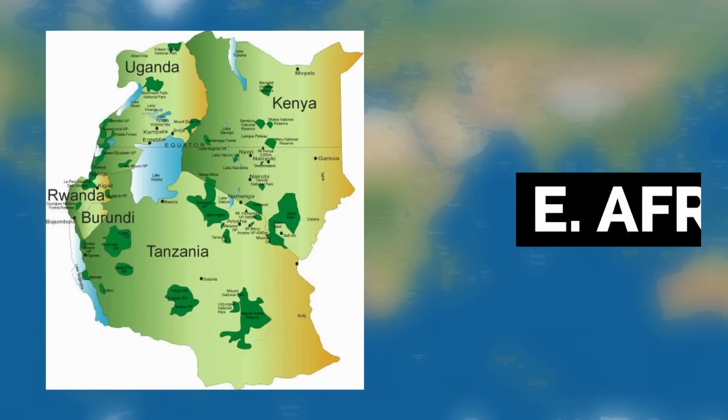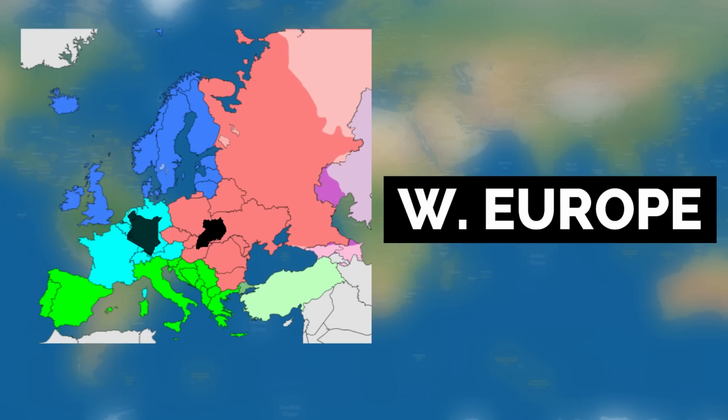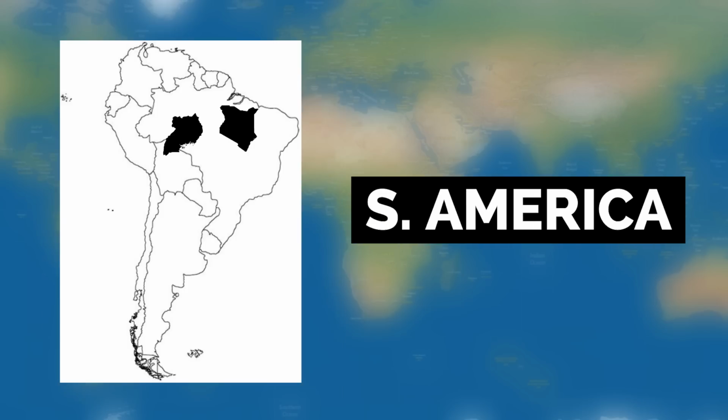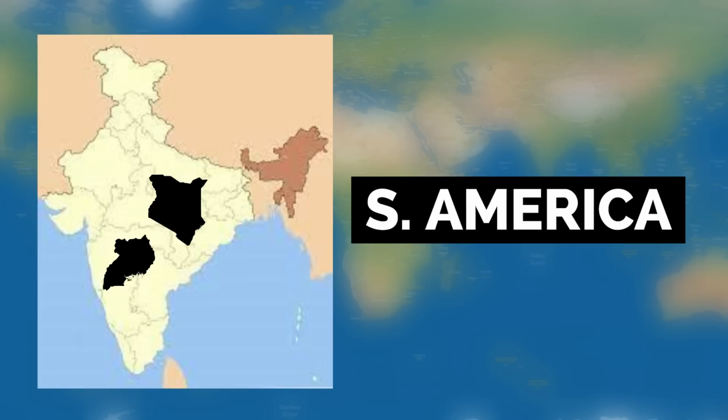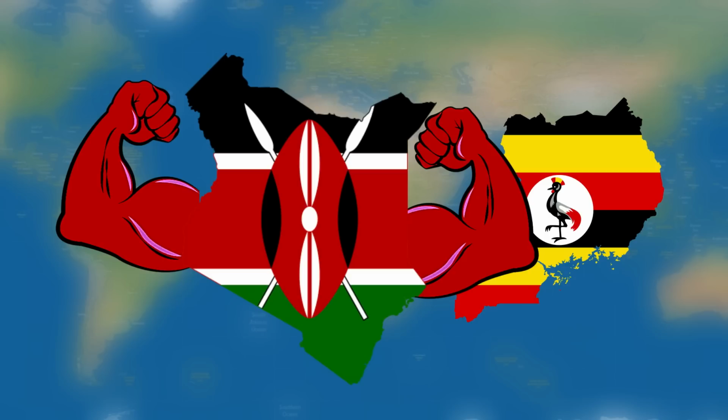For comparison visuals, here is Kenya and Uganda placed over East Africa, here they are over Western Europe, here are the 2 countries placed over the southeastern United States, this is them overlaid on the northern part of South America, and here they are situated over the Indian subcontinent in Asia. The size differential, with Kenya being over double the area of Uganda, is quite notable when visualizing the 2 countries mapped over other regions of the world. While not the largest nations in Africa, their geographical footprints are still significant in the East African context.